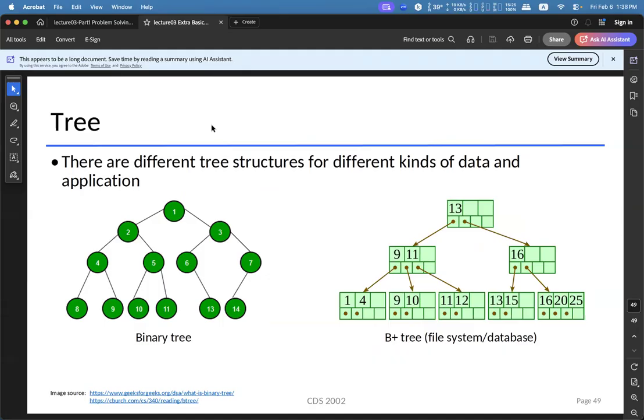For example, the B plus tree can have more than 2 child nodes for each node, and it has a data structure that is vastly different from the binary tree. As you observe in the B plus tree, we can have more than one value in a node. You may learn it in the future when you are taking database courses, or learning things like the file system in operating systems. The B plus tree is widely used in file systems and in databases.